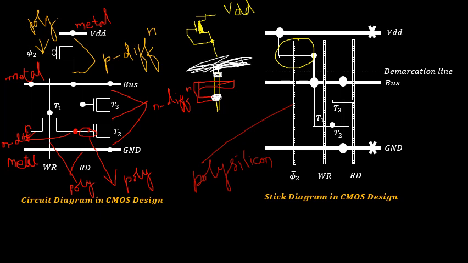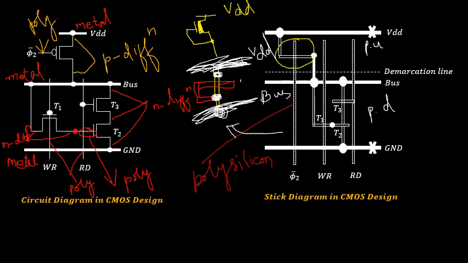Pull down, everything is same. So this will be connected to the bus. So this will be bus, again it will be having a contact. So this is bus representation and this is VDD representation. Bottom, that is pull down part, it will be same. This is pull up and this is pull down. Only there is a change in the pull up part if you are following the NMOS design. So replace the pull up with what you have followed for CMOS design. You will be getting the stick diagram in the NMOS design for a 3 transistor dynamic memory cell.